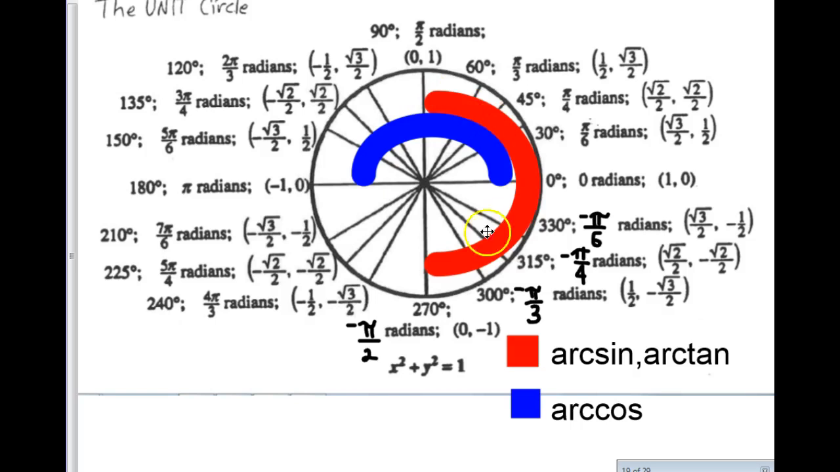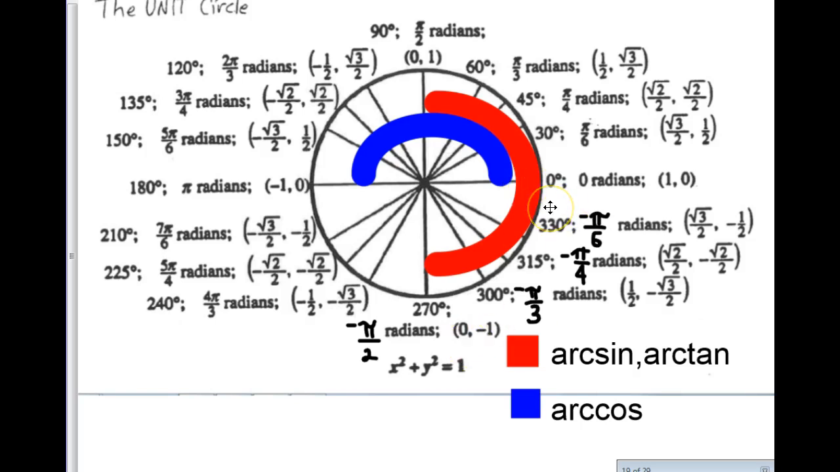But remember, when we're working with arcsine or arctangent, we are looking at just these quadrants and measuring from negative pi over 2 radians to pi over 2 radians. If it's arccosine or inverse cosine, you're measuring from 0 to pi. And those are the only places you can look, and we have to be really careful how we're naming those